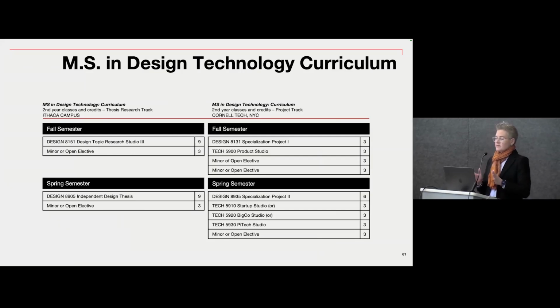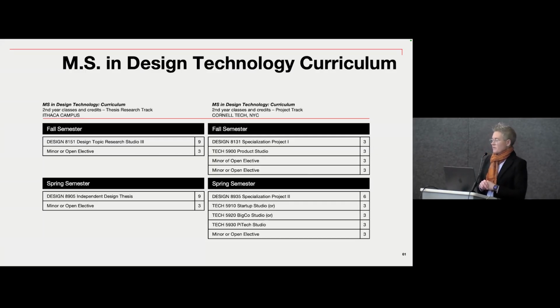And in the second year, as I mentioned, that's when you split into your two tracks. Those of you in the thesis research track will stay here, working very closely with your faculty committee. At the end of the spring studio, which is a pre-thesis and pre-specialization project studio for both tracks, you will identify the chair of your committee, as well as start to consider who those minor members might be to support your thesis research.